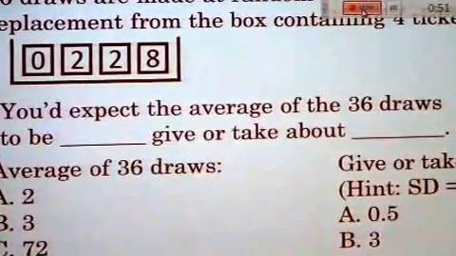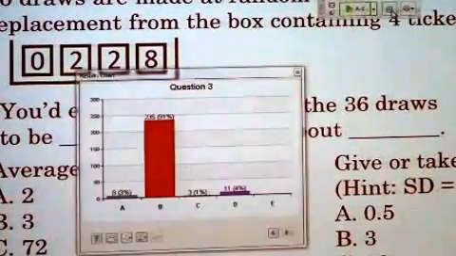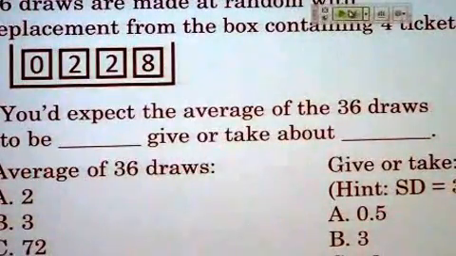Okay, can I stop it? All right, so this is just going to be 3, right? Good, you all got it. It's just the average of the box. Now we're doing the next one.